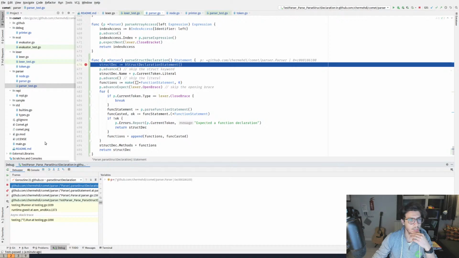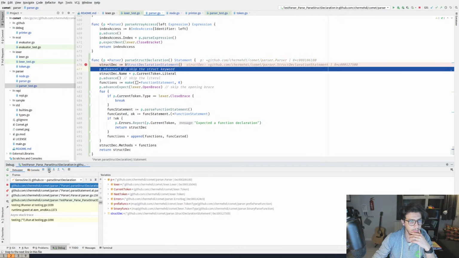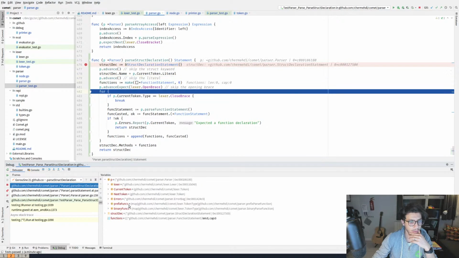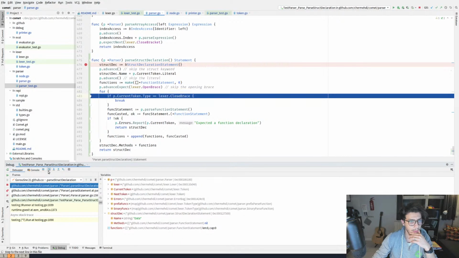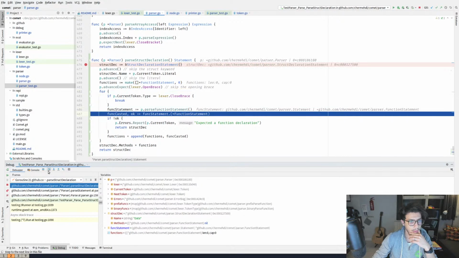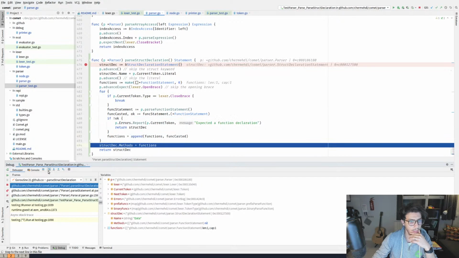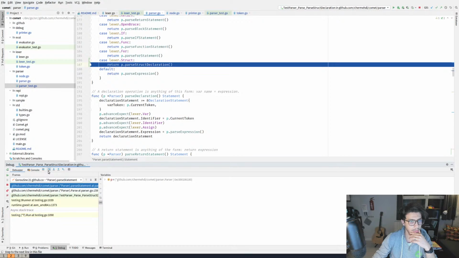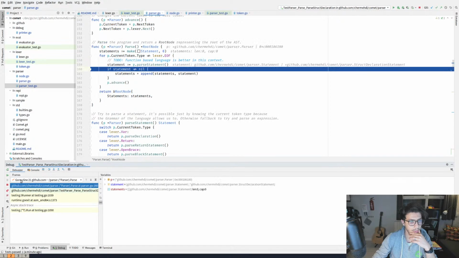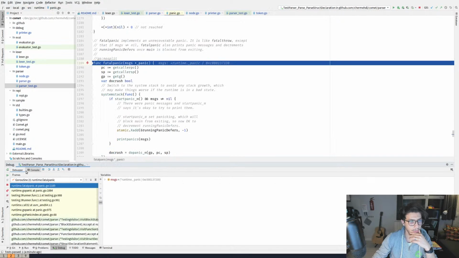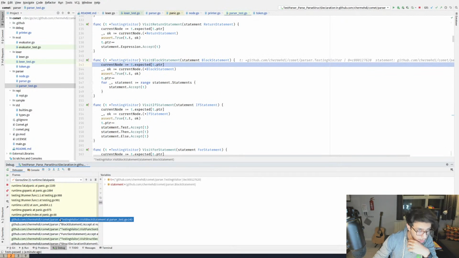If I debug this again, let's see. So the function is created with the correct name. It's created. We break methods. And if we continue, yeah, it panicked. It panicked here.